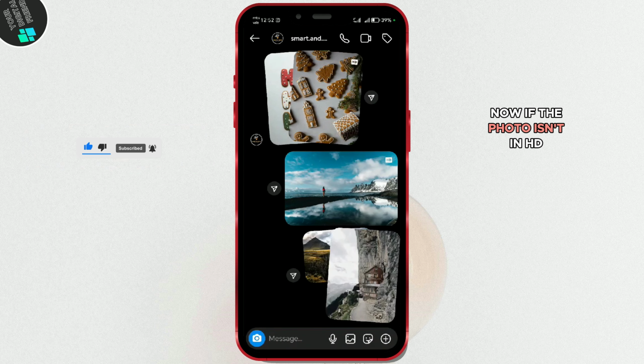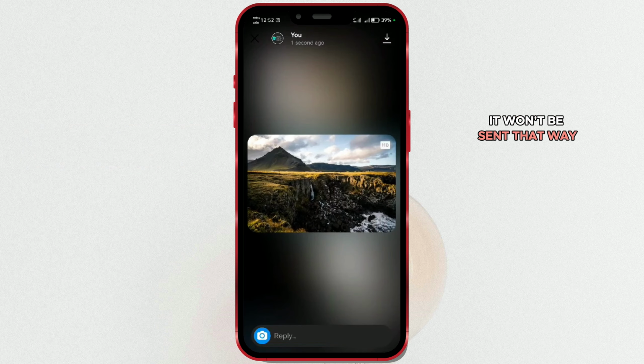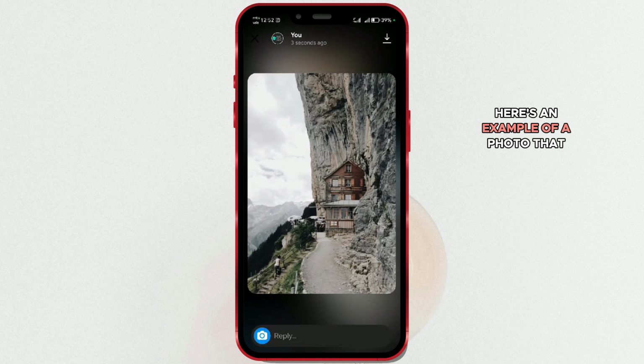Now, if the photo isn't in HD resolution, it won't be sent that way. Here's an example of a photo that wasn't HD, so it was sent in standard